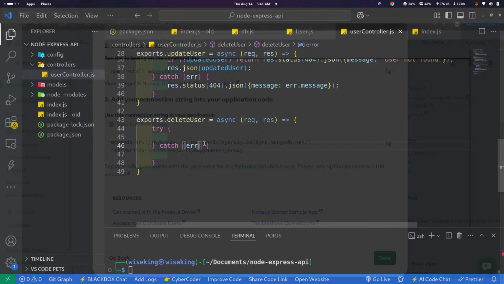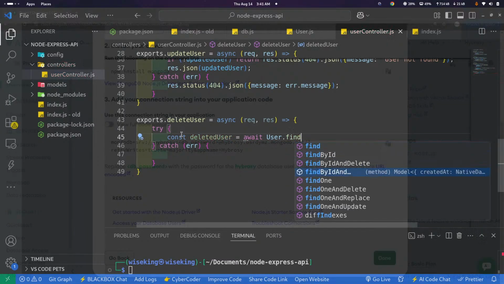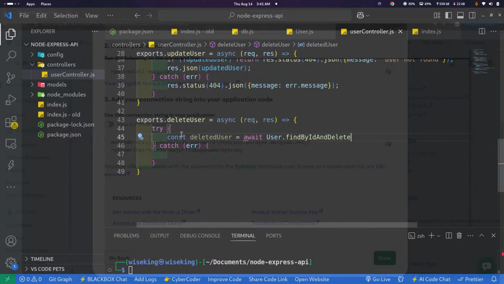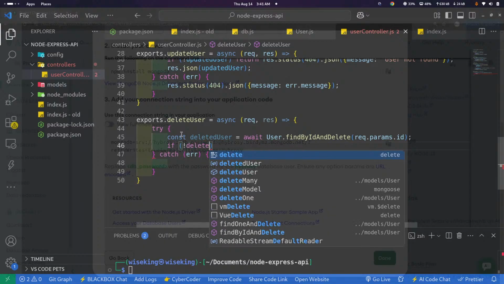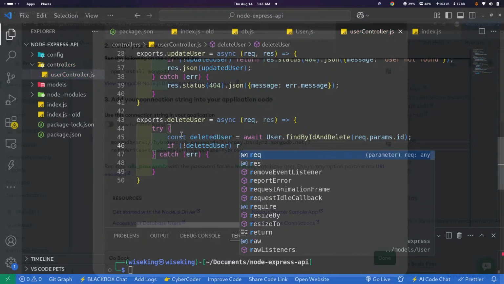So yeah, we just do const userDeleted, I'll just do await User.findByIdAndDelete, and here I will use req.params.id, and after this I will just do if this deleted user is not found, return